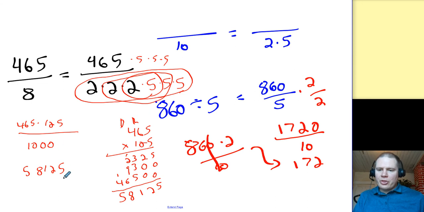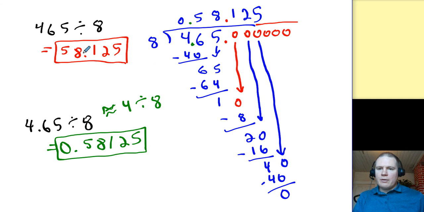thousandths. So this is the thousandths place, which means this is the hundredths place, which means this is the tenths place. So there's my answer: 58.125. 465 divided by 8 is the same as 465 times 125, then divided by 1,000. 58.125. Now, let's pause. If this was our problem, I think this long division is probably going to be easier